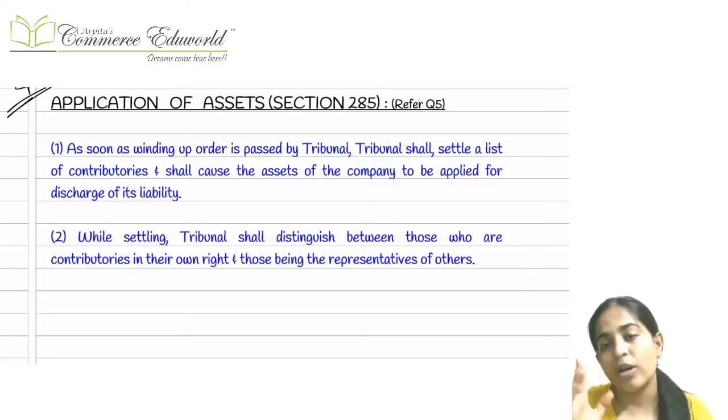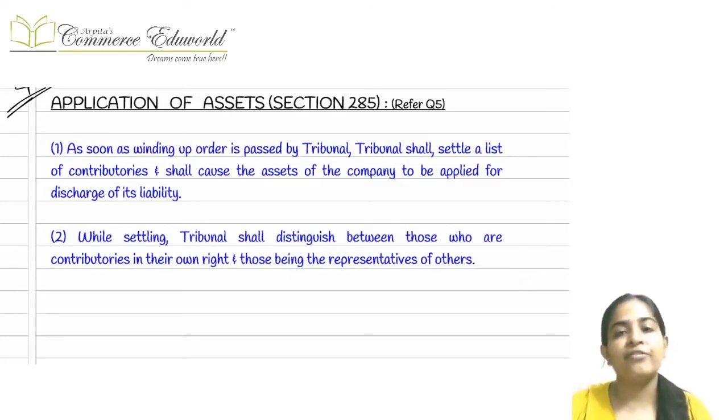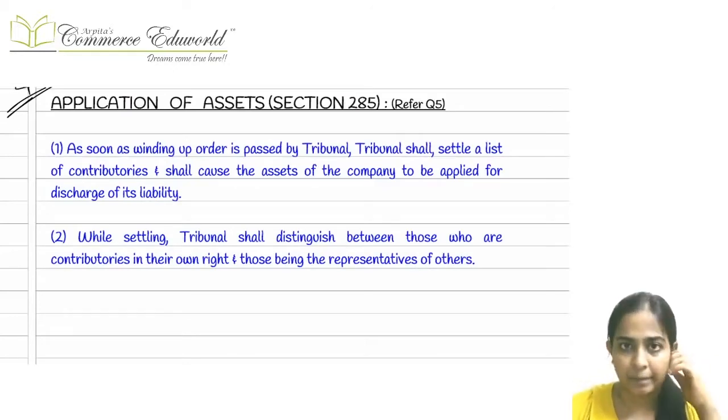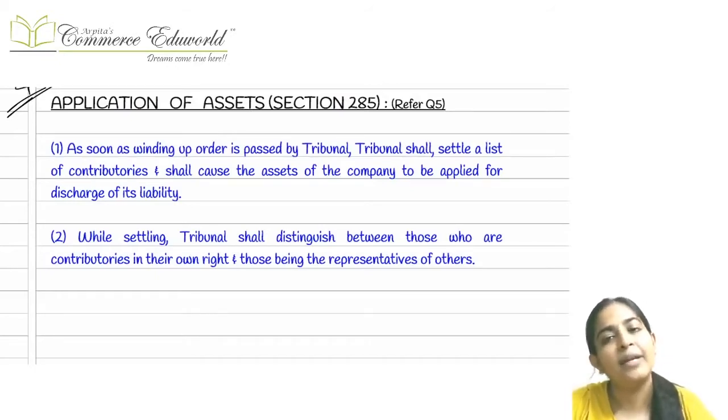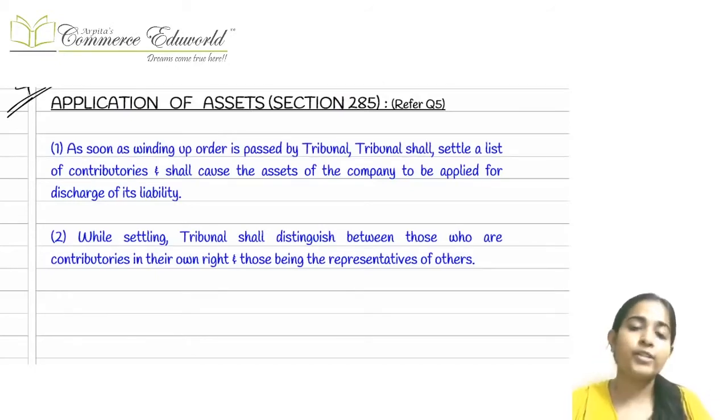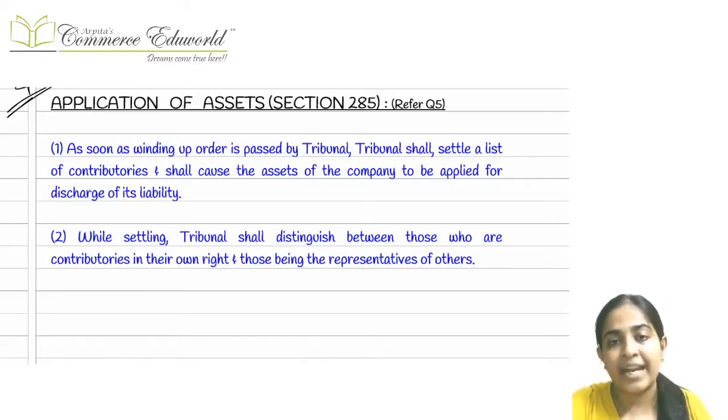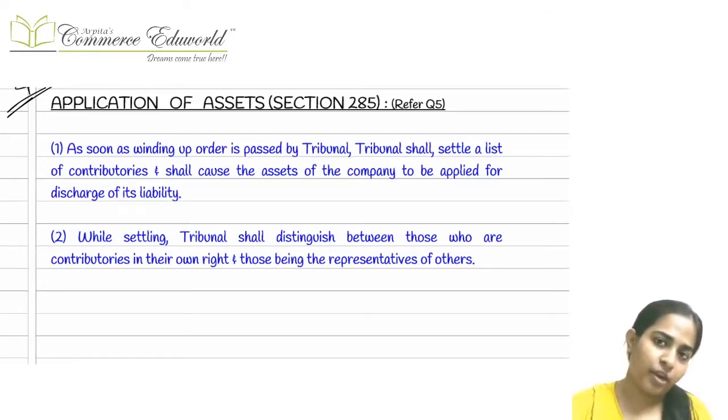One more important thing to check here: suppose the past contributory left our company, say, 6 months back, but the liability for which we are raising the money arose only now. Then we cannot call the money from that past contributory because he was not at all liable for that particular liability. So two conditions should be there. First, at the time when he left the company, the liability should have been due and he should have had some unpaid amount. Only then can we call the money from the past contributory.